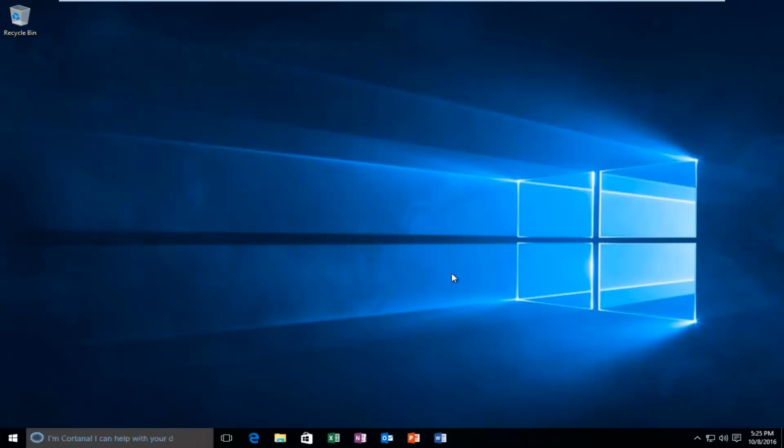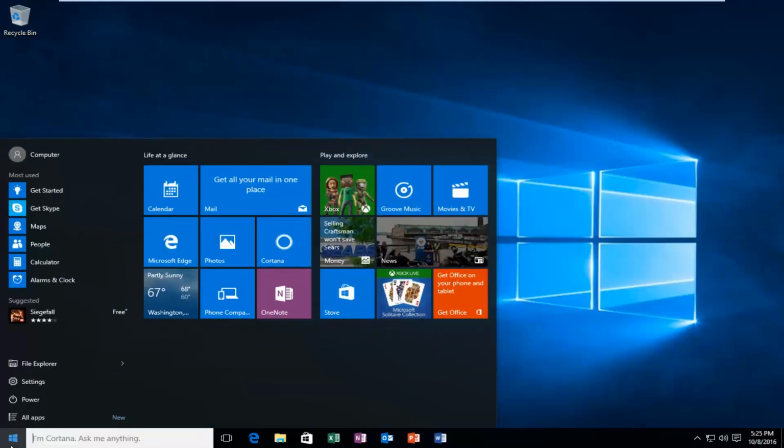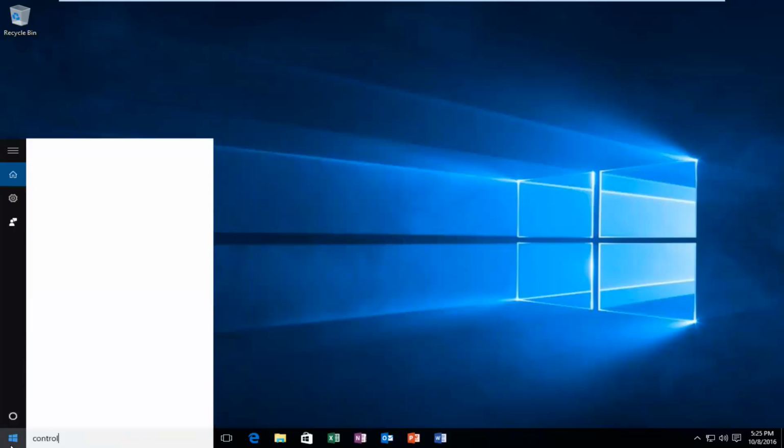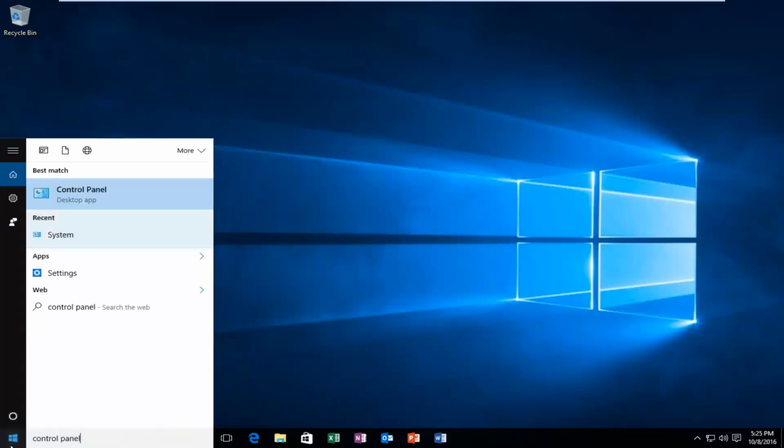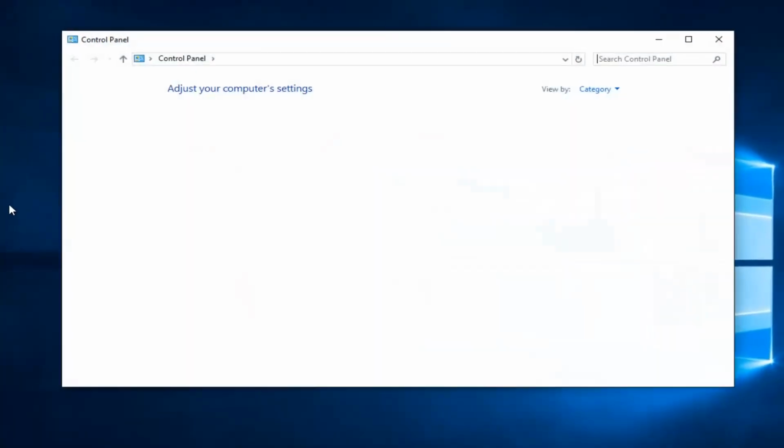We're going to start by heading over to our start menu, and we're going to left click on that. Then we're going to type control panel. There are a couple of different ways to get to what we're about to go to, but this is just the way I feel is best. It should be listed right above the desktop app. So left click on that,